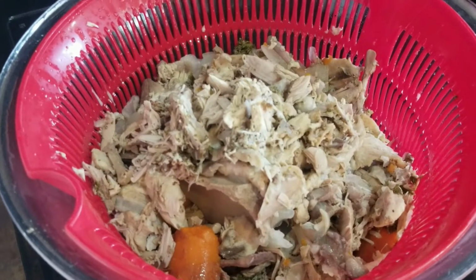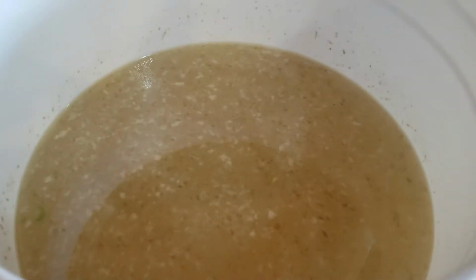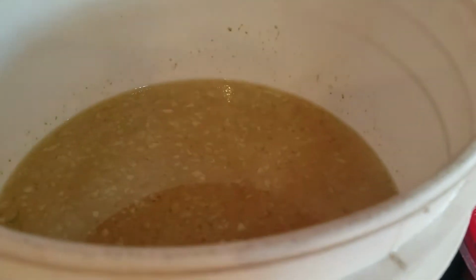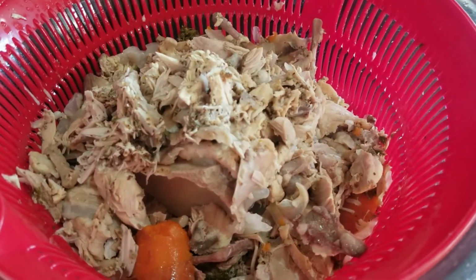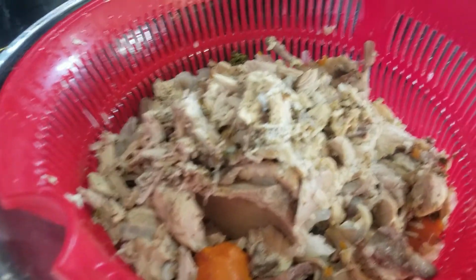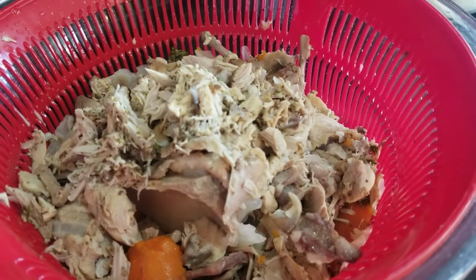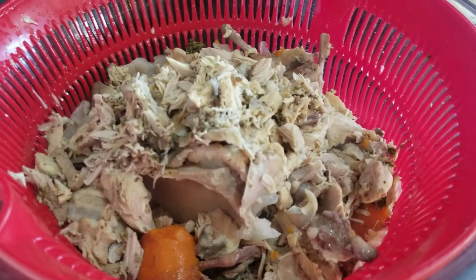Now, after transferring everything and straining it, we wound up with all of this broth here. And yeah, so that's a decent amount. We'll see how much that fills jar-wise. And this is everything that was strained. Now there is quite a bit of little chunks of meat and stuff like that in there, so we're going to go through that and see what we can separate from the bone, because that'll make some really excellent turkey